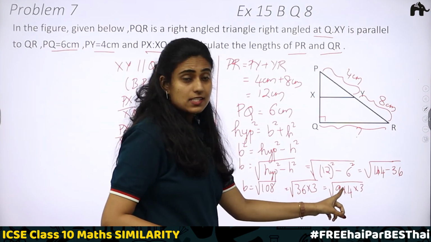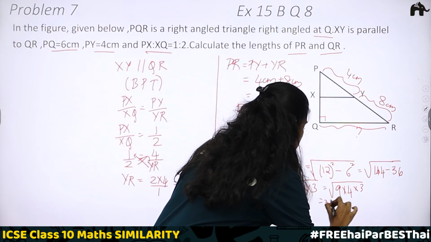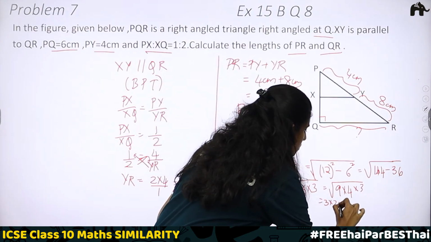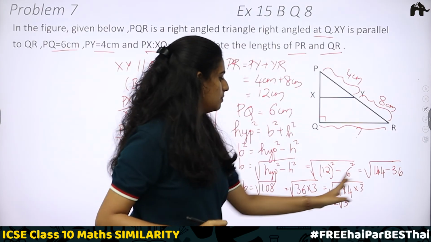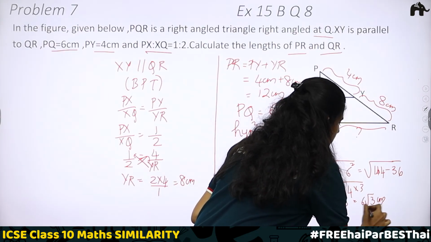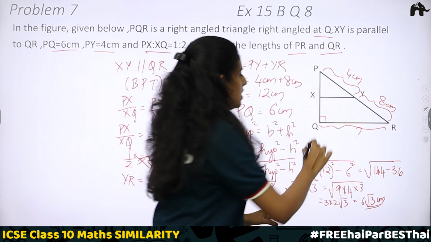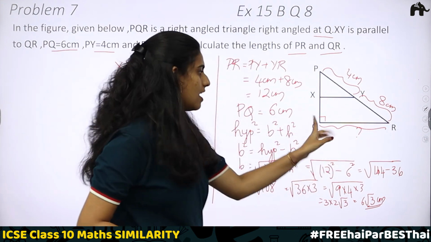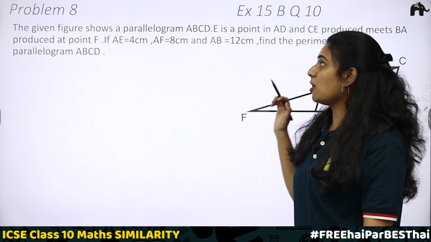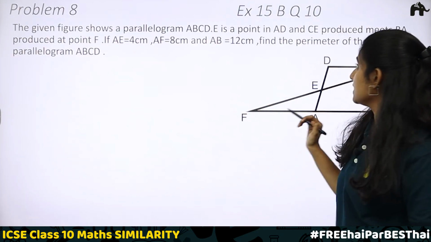Square root of 9 is 3. Square root of 4 is 2, into 2. And this root 3 is remaining. So the answer is 6 root 3 centimeter. 6 root 3 centimeter is the length of QR, that is our base. Okay, here we have the last problem for today, problem number 8, question 10 of exercise